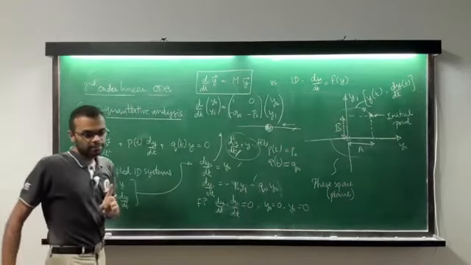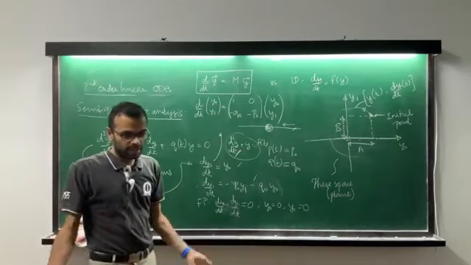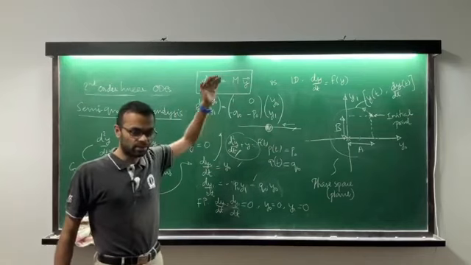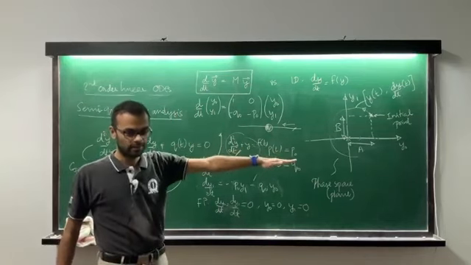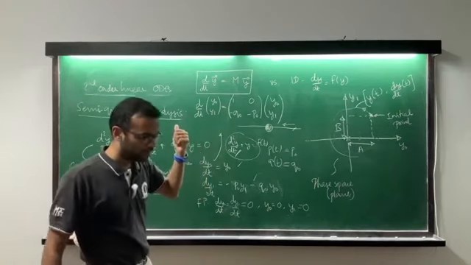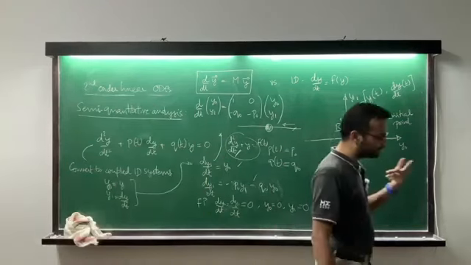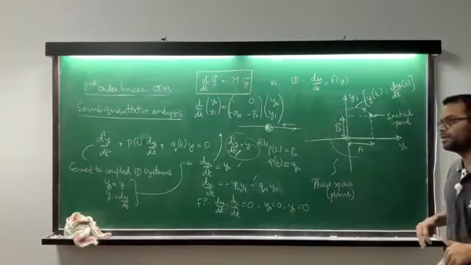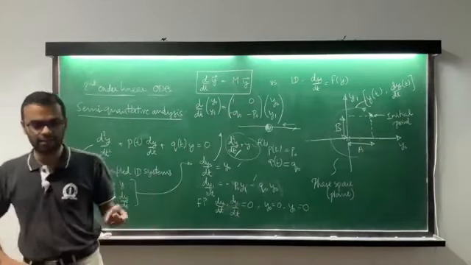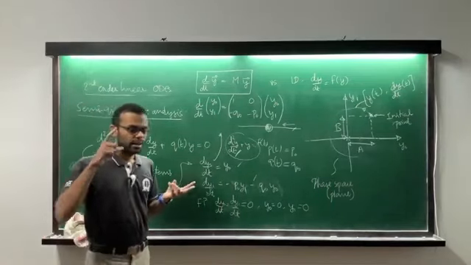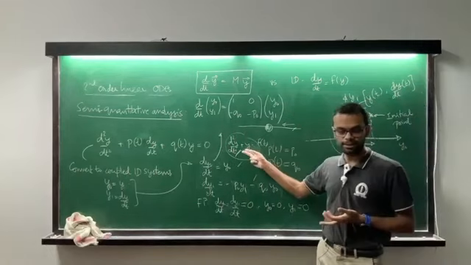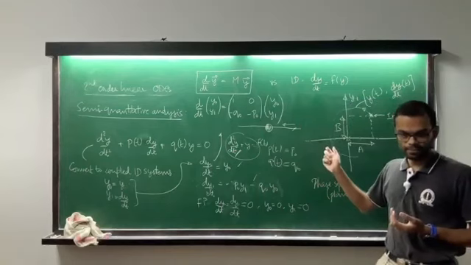That's the one that's responsible for the oscillations. The damping term wants to get rid of the oscillations, and that's why it has to be proportional to dy by dt, because dy by dt is a first order term, and the first order term basically wants to go towards a fixed point. Just like the 1D case, dy by dt was the only term you had in the 1D case. Okay, so there's a very deep reason, at least geometrically deep reason, why a damped oscillatory system must have a second derivative term. If it's damped, it must have a first derivative term, and the third term is just proportional to y, which is the spring constant term. Okay,